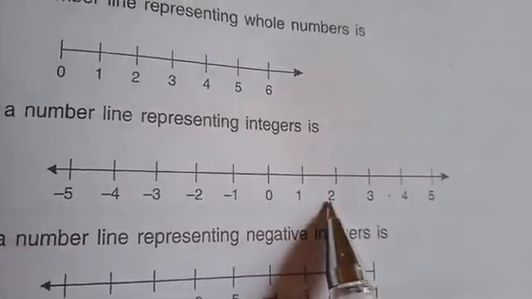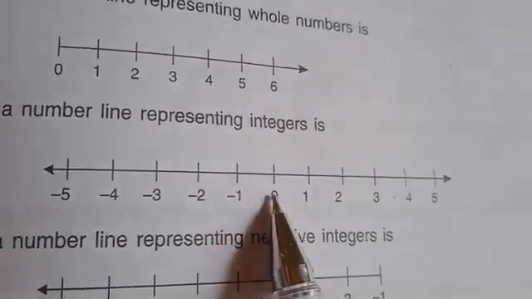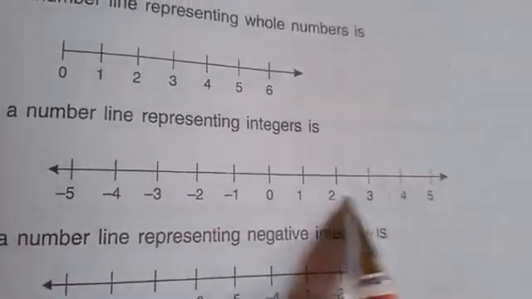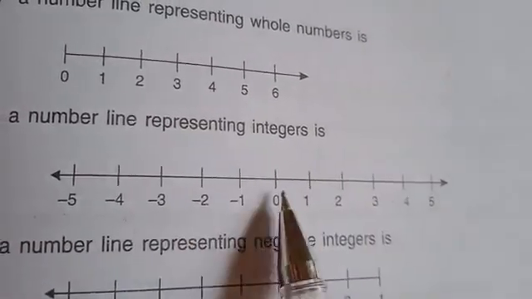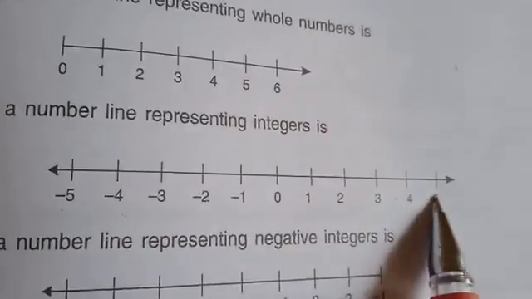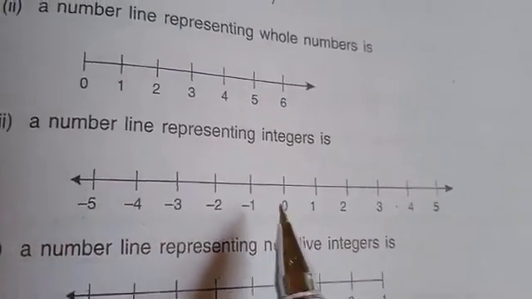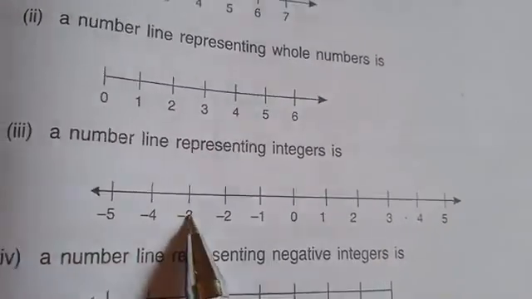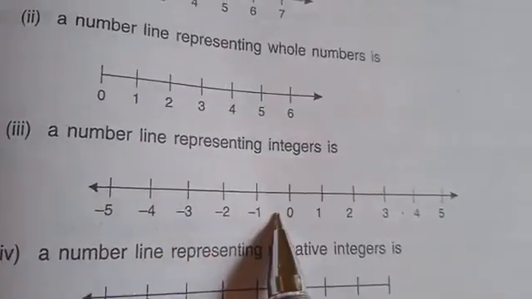So what does it mean? We are comparing with 0. So if we are comparing any positive integer with 0, positive integer is always greater. So if you compare 0 and 1, 1 is greater. If you compare 0 and 5, 5 will be always greater. Okay. Also, when you compare 0 with a negative integer, 0 is always greater